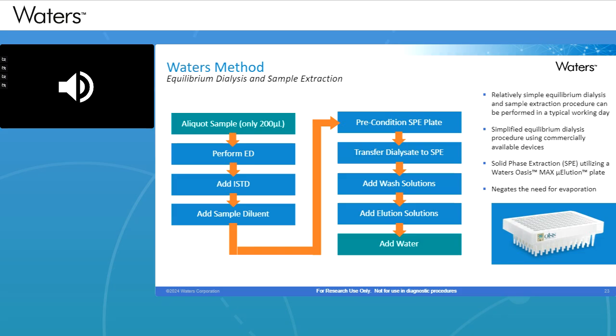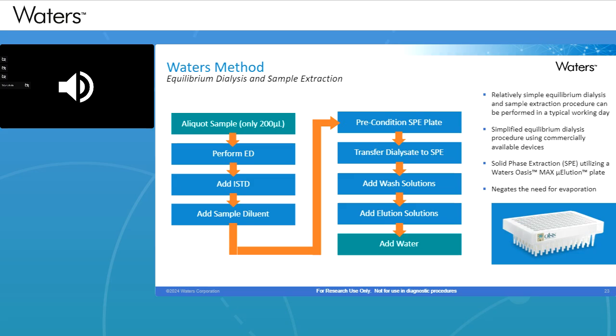So now let's take a look at our application note. To separate out the free portion of T4 and T3 from the bound form, we perform equilibrium dialysis using, as Stephen mentioned, the Thermo RED devices. And we perform equilibrium dialysis because it's seen to be the gold standard approach today.